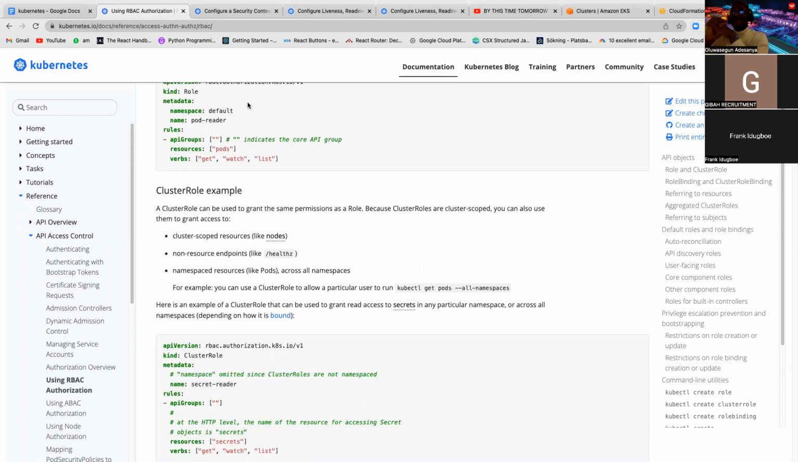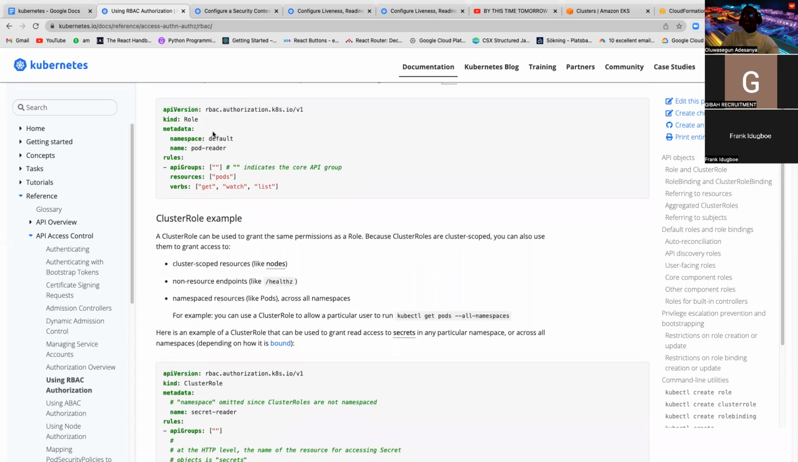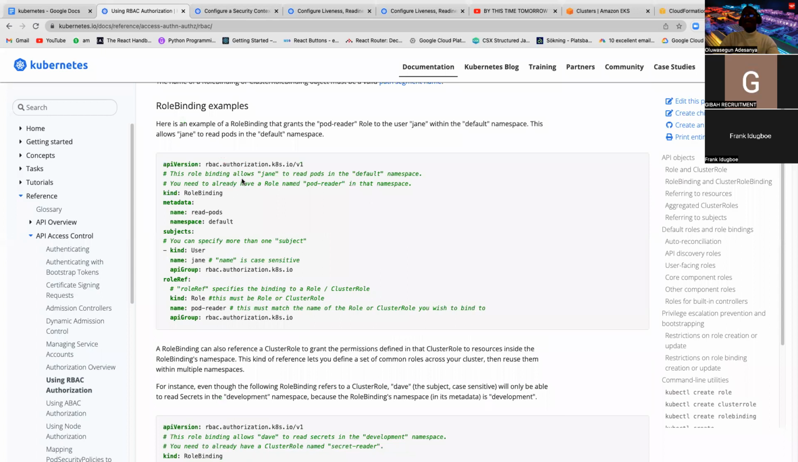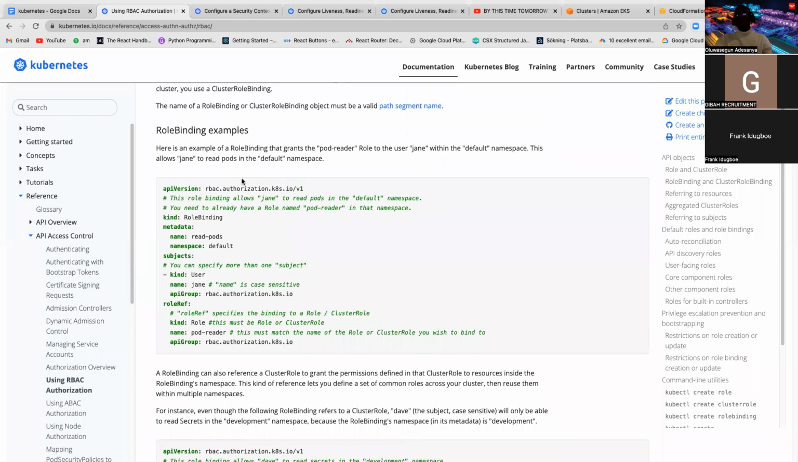So if you create a cluster role and put it inside a namespace, it will not work. And if you create a role without a namespace, it will assume it to be what? To be default. It will just put the default namespace. So that's cluster role. Then after cluster role, we have what we call